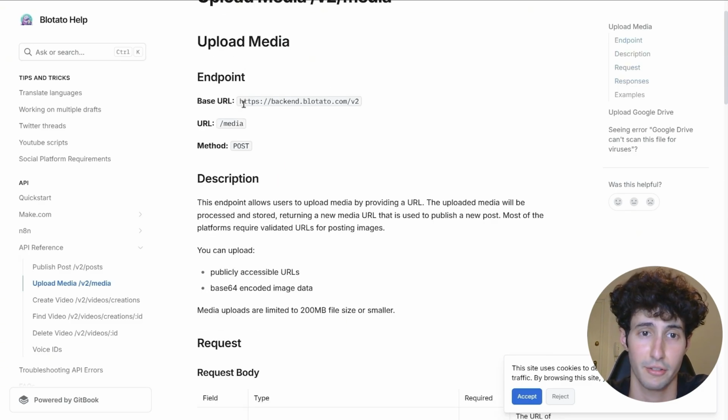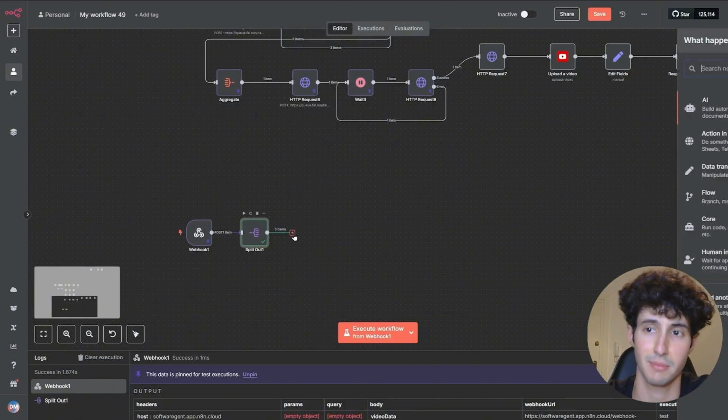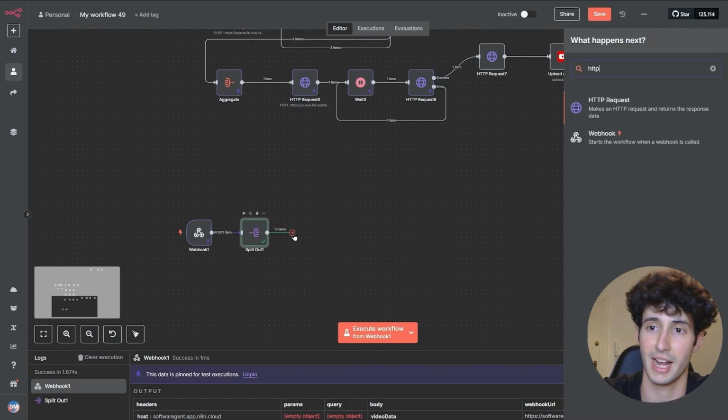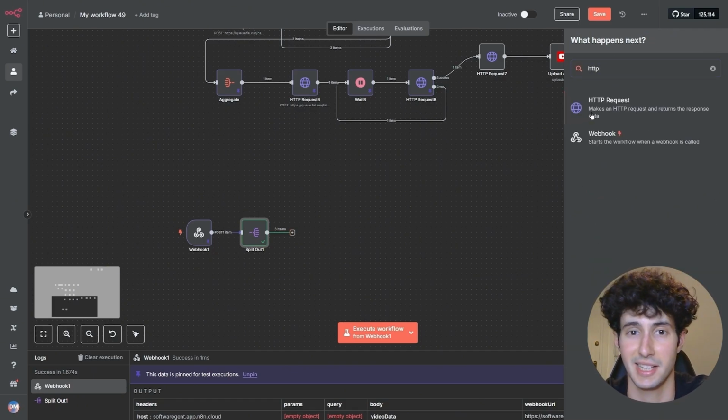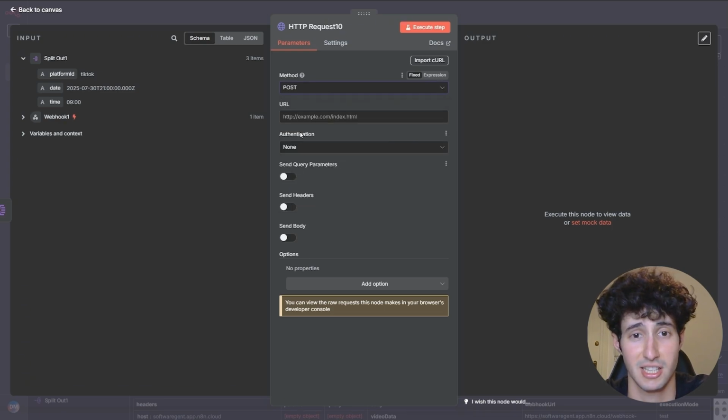So the first thing we have to do is to obviously come and take this base URL and simply copy it, and then we're going to come back over to N8N, simply click on the plus icon and search for an HTTP request, simply select it, and then what we need to do is to come over here and change the method from GET to POST, since that's what the documentation actually said, and then simply paste in the URL